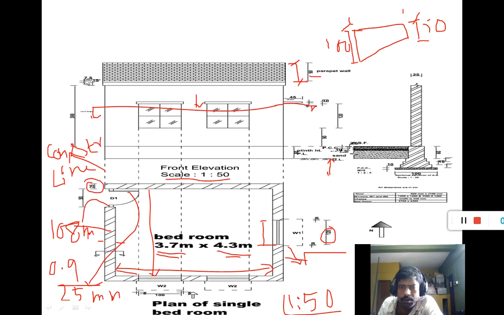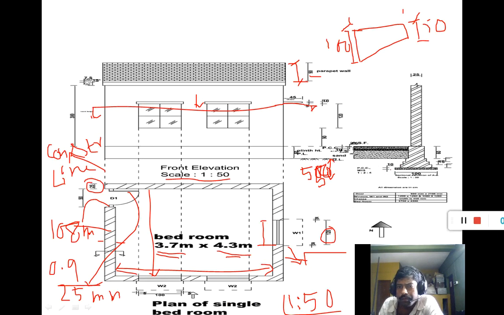This is the depth of footing, and here the depth of footing is 150, 150, 150, 450, and the thickness of concrete footing, that is PCC work, 100. So 550 is the depth of footing. It means you have to excavate soil up to 550 depth.